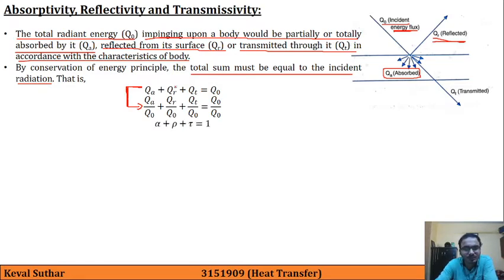And here instead of writing these ratios, we have written some parameters like alpha, which stands for QA upon Q0, then rho, that stands for QR upon Q0, and tau, that is QT upon Q0,